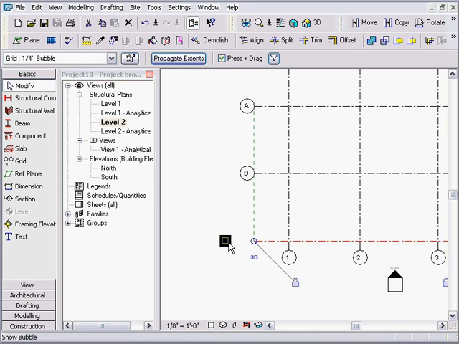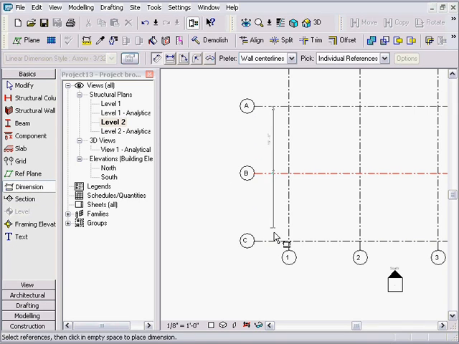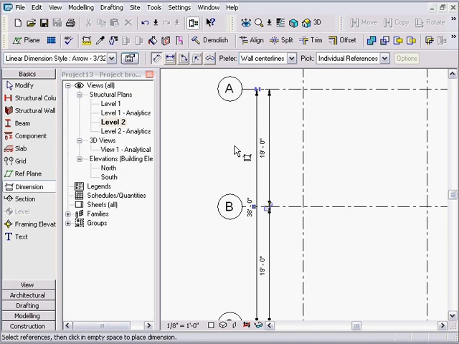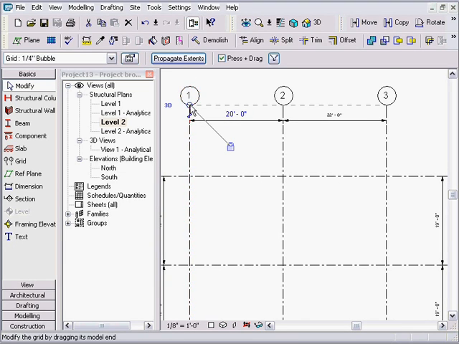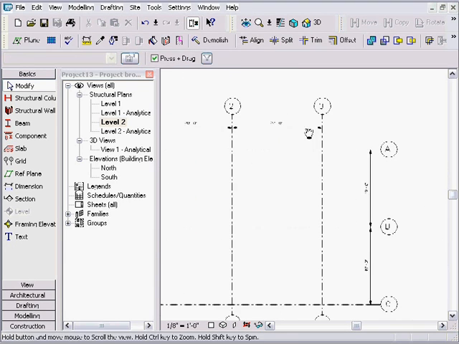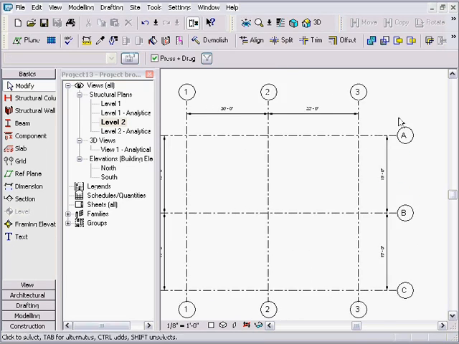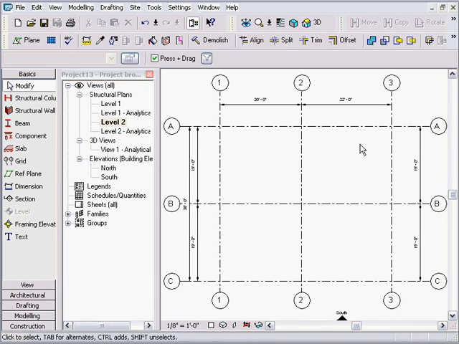Very quickly, dimension: click, click, nowhere land, place it, click, click, slide in, place it, hit escape. Maybe grab this, tighten it up a little bit down to here, pick over here. So that philosophy of locking in 3D works with grids and with levels. Now, the beautiful thing about having our grid lines in here, of course, I should actually do one more grid. You can do a grid line